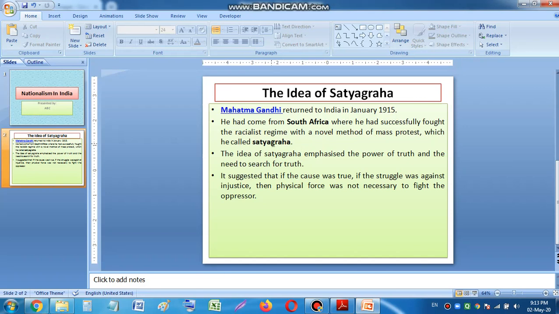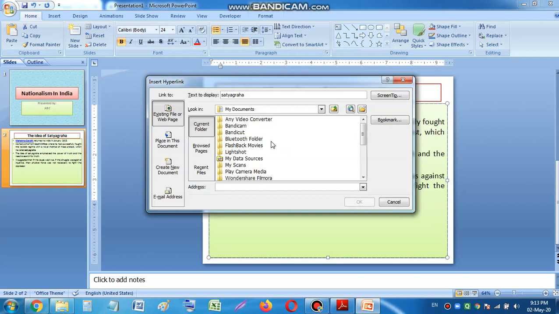Suppose I'm just letting you see over here, Satyagraha. I'm not including the exact video, I'm just showing you. Now I'm pressing Ctrl K from the keyboard. See, Ctrl K, or you can select, right click and click on hyperlink. Now if you want to select that video, select the video from where you have kept it.